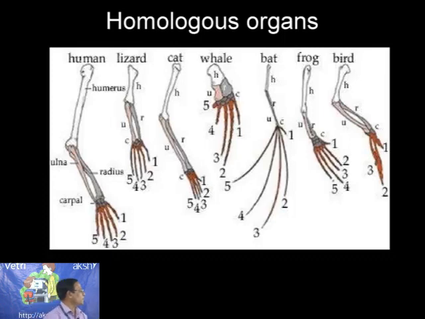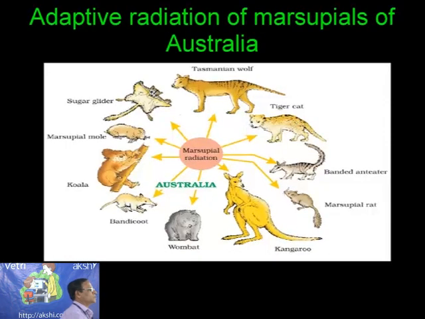For example, if you compare the forelimb skeleton of a human with that of a bird, humans have 5 digits, but in birds the number of digits is only 3. So only 3 digits are present in the forelimb, which is modified into the wings. That is a slight modification because of the adaptation for flight. But in all cases, they have the same basic fundamental structure. That is why they are considered homologous organs. Origin same, function different.